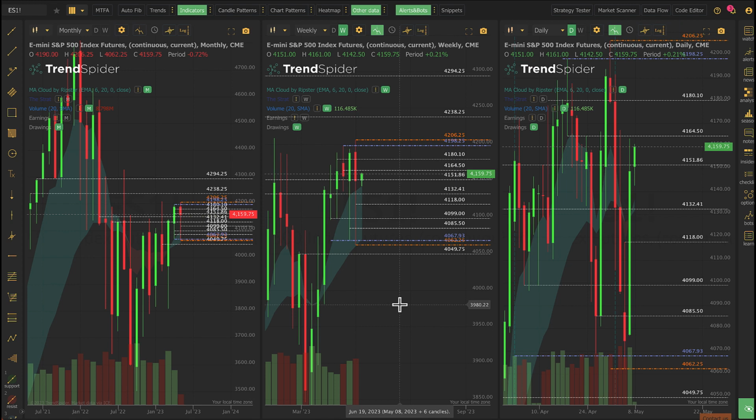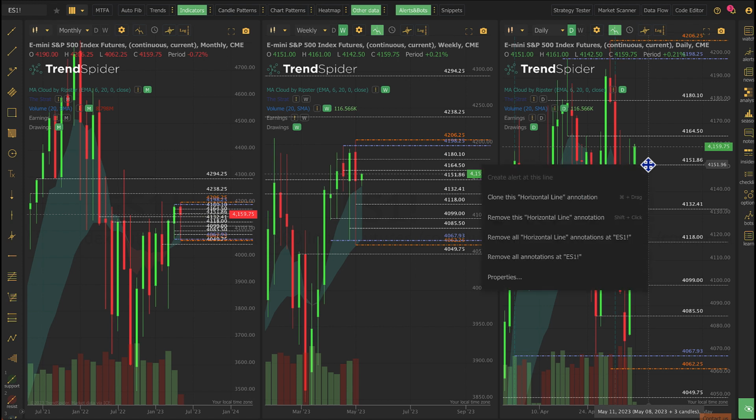So what am I seeing? I suspect that as long as we hold 4140, we've got more upside to go. Here is the breakout level above 4164. We've been dancing around it for several hours. The motion of the market suggests that we either have sideways action today or a break. And so my suspicion is